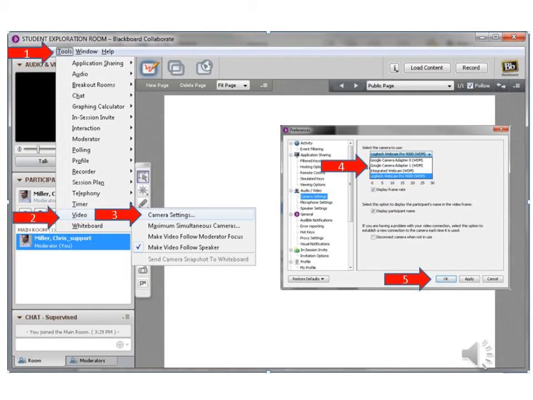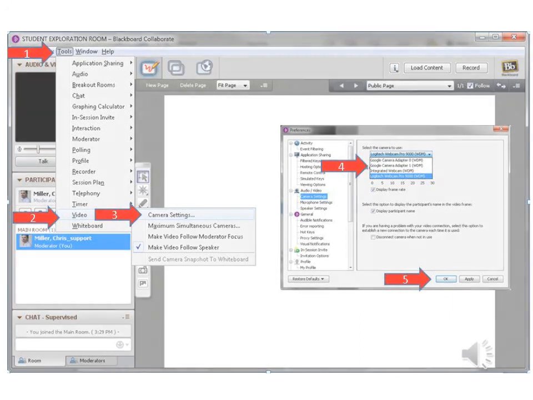But when you've identified the correct webcam, you may want to click the button that says Display Participant Name if you'd like to show your name to the other folks in your meeting, and then click next to the red